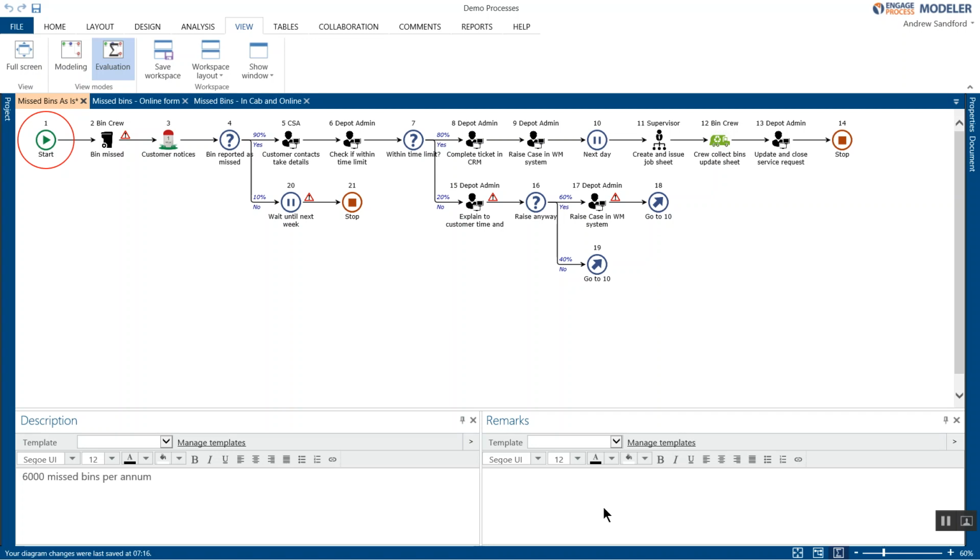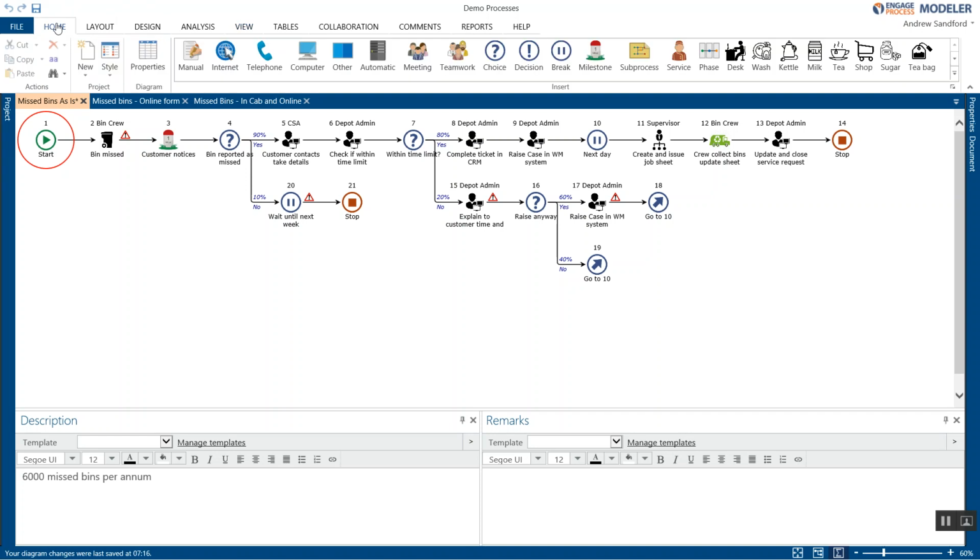Okay, so let's demonstrate how our software helps you map live in workshops. This is our final map, but for the sake of just demonstrating some of the features that enable you to work in a workshop, I'm going to start a new one. So we'll start a new process